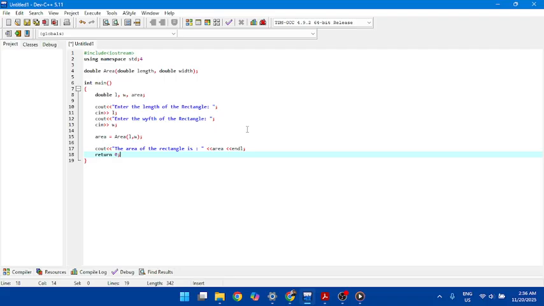Okay, so now we have double area. Wait lang. Double area. Then we have double